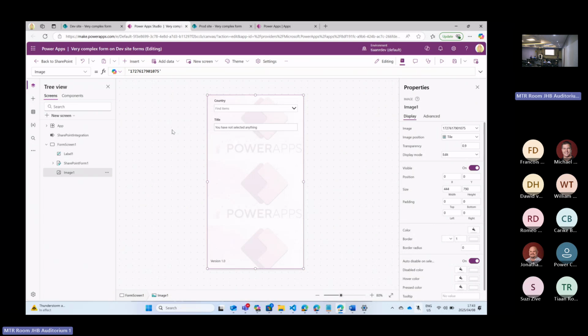It's got some fields, and the idea behind it is I select a country, and if it's United States, I have to select a state. If it's South Africa, I have to select a province. So very complex stuff you can put in here, but this is just basic to illustrate